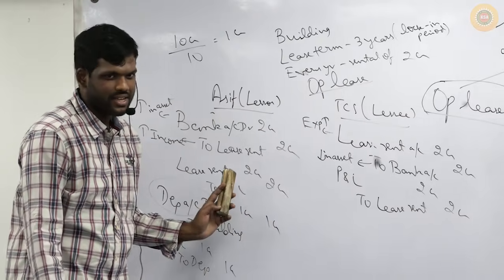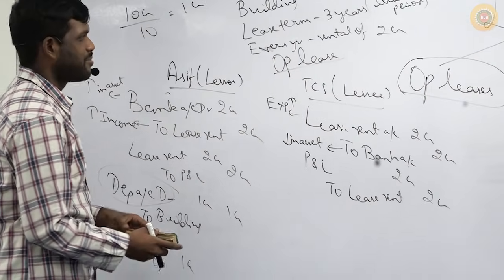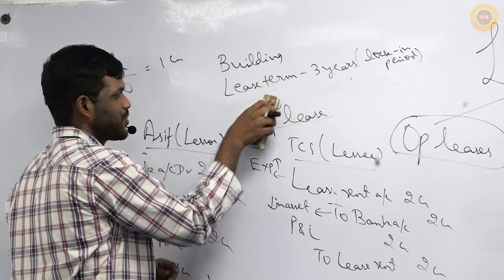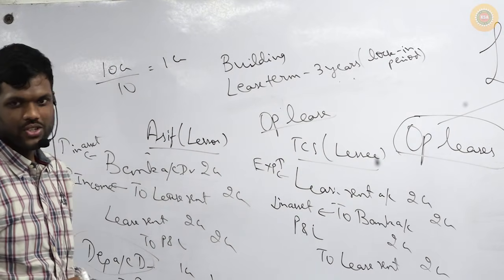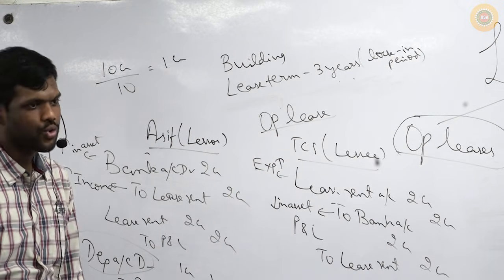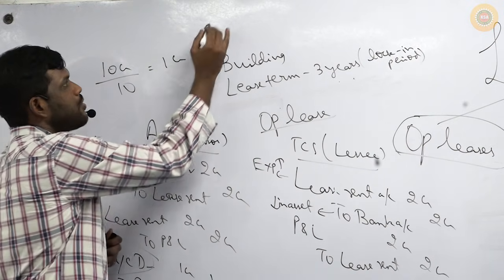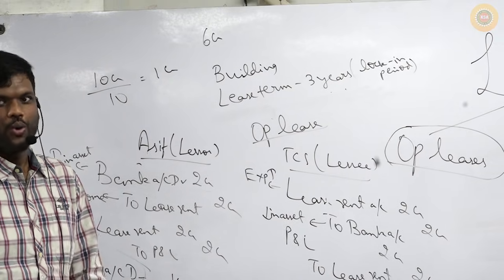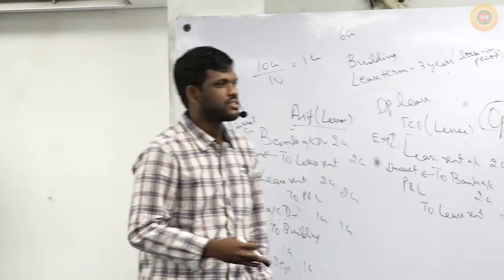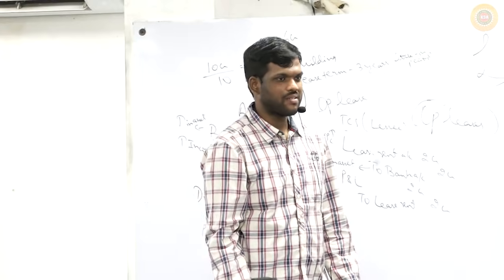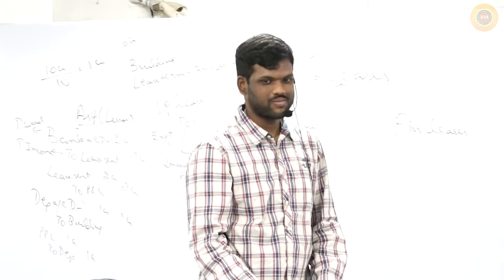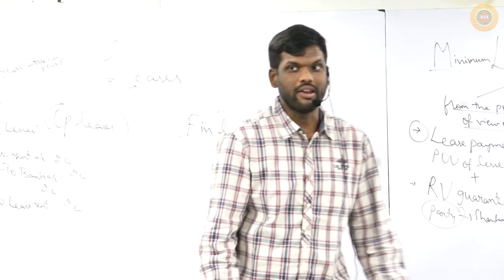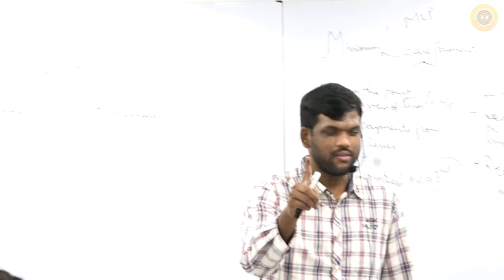Life will be easy if it is like this. Okay? But it won't be like this. Listen. Asif is asking 2 crores every year, totally I have to pay 6 crores for 3 years. What I am telling Asif is, Asif, in the first year I cannot pay 2 crores. In the first year I don't have that much cash. This is important. This is not something you learned in your 11th standard.